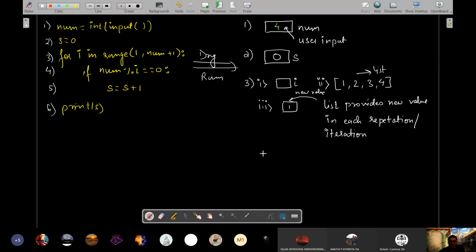Then it will go to line number 4. Line number 4 means it will go inside.